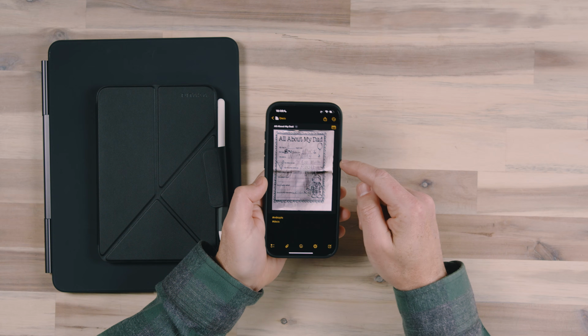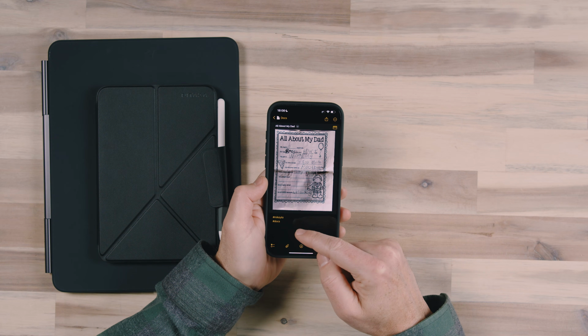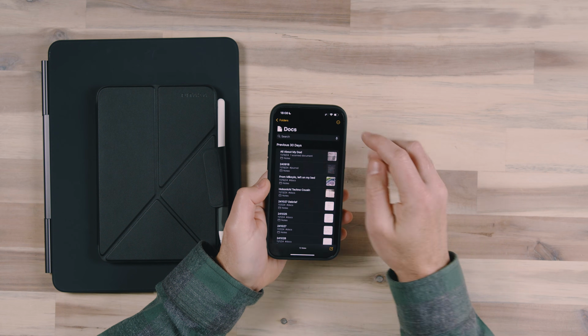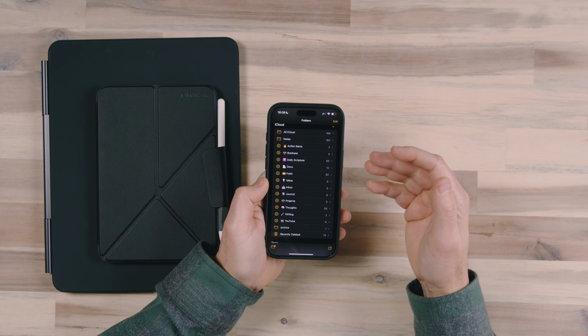These are funny things that I want to save and be able to look back on, but just collecting all of the papers and storing them somewhere, that just doesn't make sense. So I scanned that with the phone, and then I also added her name as a tag and /docs as a tag as well. /docs puts it in the docs folder,